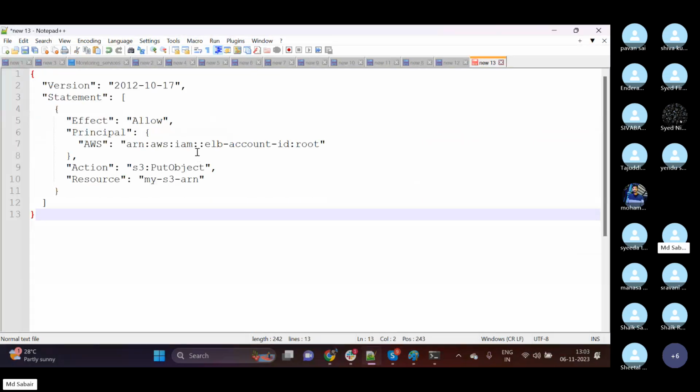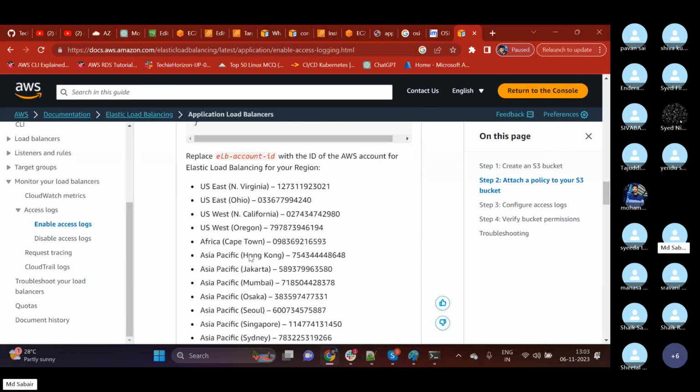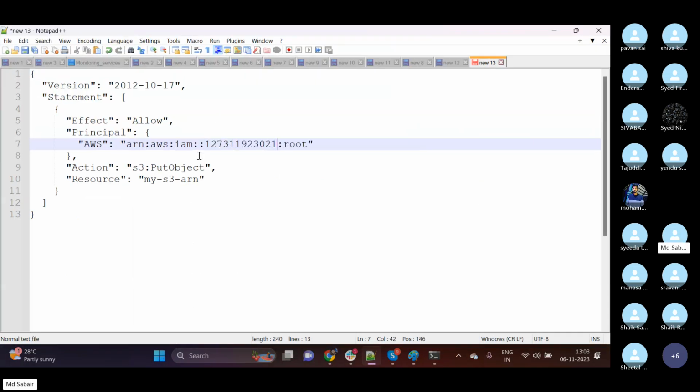permission, and here I need to change the ELB account ID. So where is my load balancer configured? In North Virginia, right? So let me copy this ELB account ID. This is the ELB account ID, guys, not our account ID. So let me copy this, paste, and then it is asking to put the resource as my S3 ARN. So let me delete this,